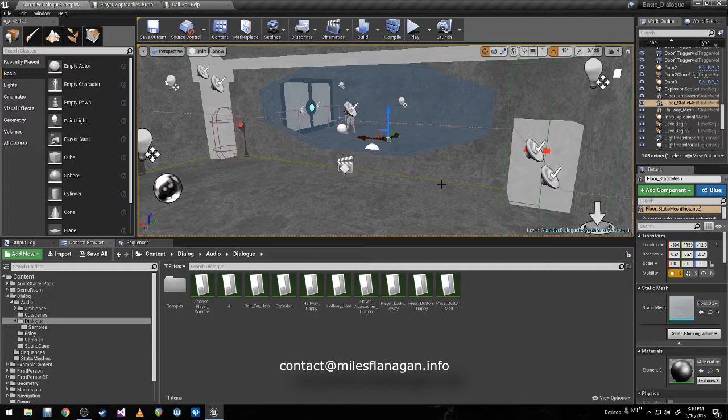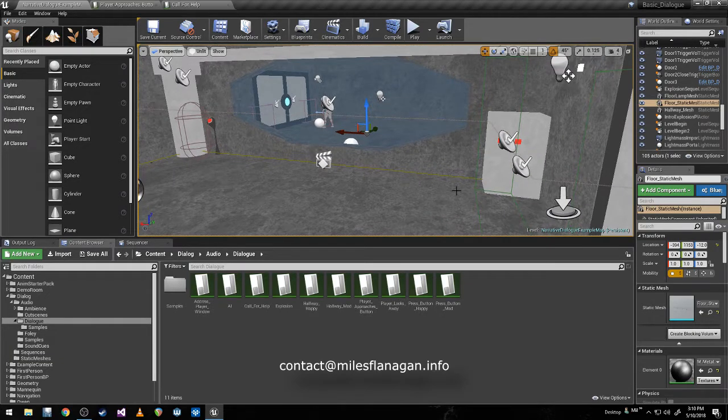Hi, thanks for watching. I'm going to break down how I put the audio together for this level, starting with the dialogue and scripting system, then moving on to ambiences, objects, and cutscene audio and some mixing stuff. So the most important, challenging part of this level is the scripted dialogue. It has to keep flowing naturally, react to gameplay triggers, and often sync to or cause other gameplay triggers.